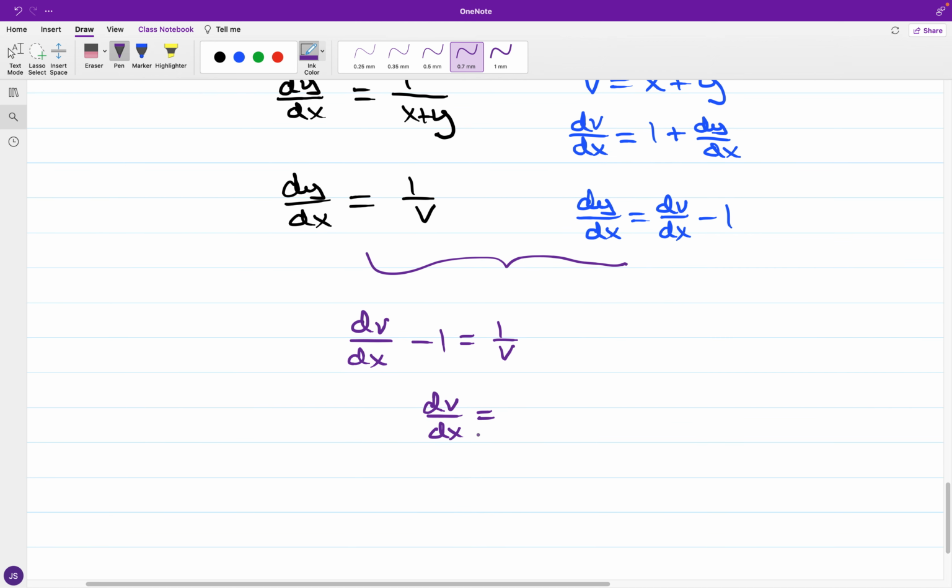If I add 1 to 1 over v, I'm going to end up with 1 over v plus v over v, so that's going to be v plus 1 all over v. Then separating the variables, dividing by v plus 1 over v, or multiplying by v over v plus 1, I have v over v plus 1 dv